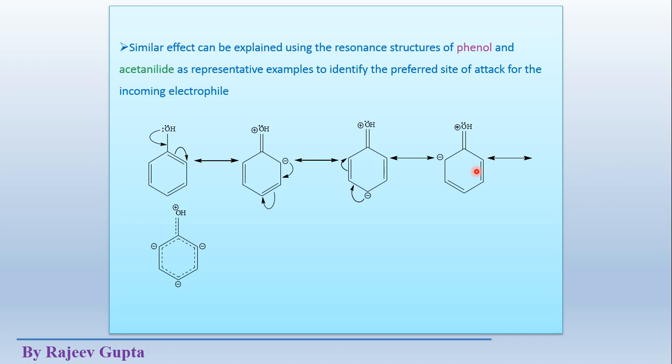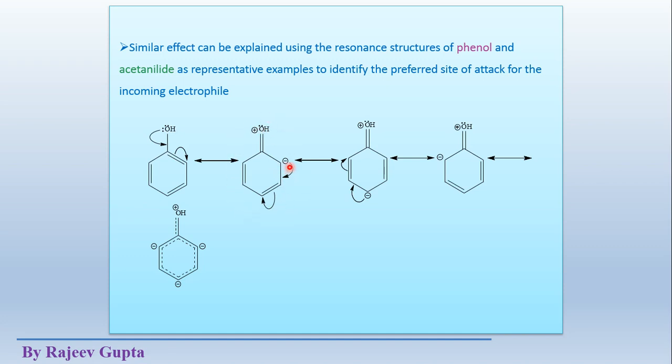So these are the resonating structures of phenol. See, this is the structure of phenol where the hydroxyl group is directly attached to this aromatic ring. Now how will we prepare these resonating structures? We show movement of these lone pair electrons towards the ring side, and this oxygen atom contains this positive charge, and these pi bonding electrons move from this side onto this carbon atom. Like this we show a resonating structure. This is the first resonating structure of phenol.